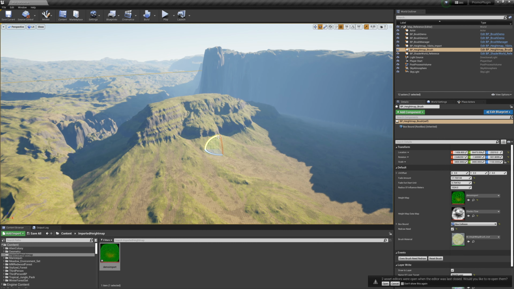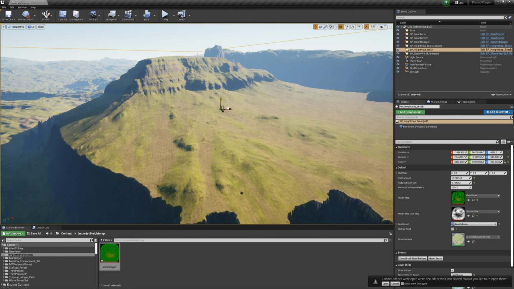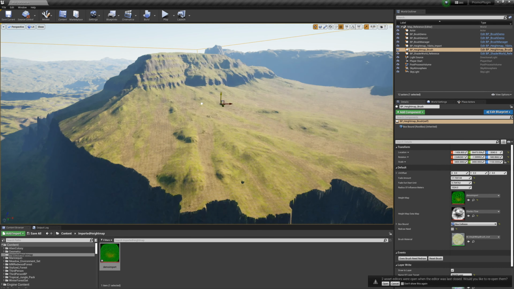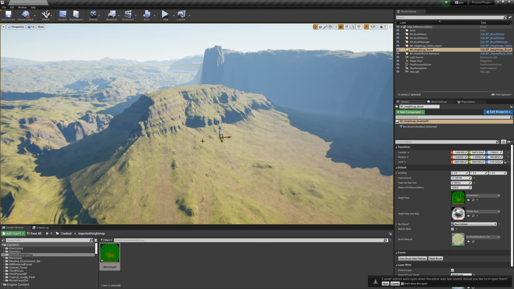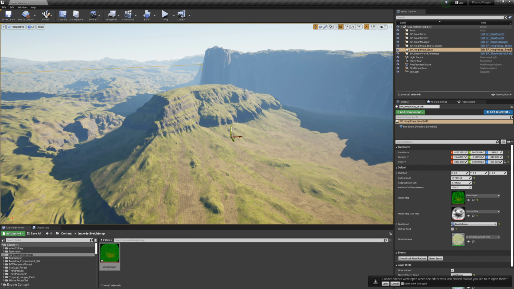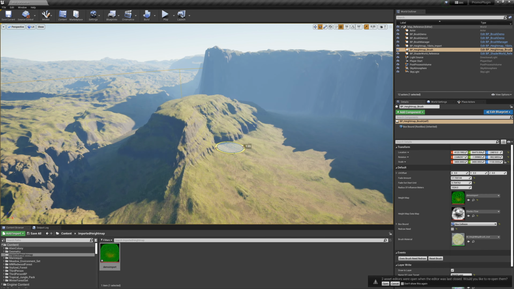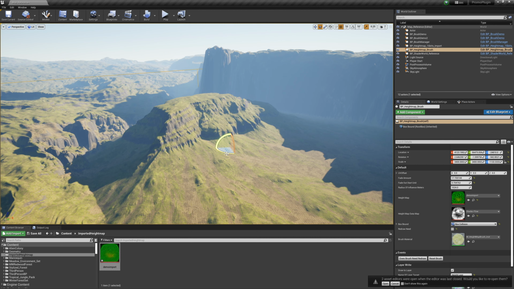As you see, it's mostly done in Blueprint. The only thing that I'm sending automatically with any brush system is the location of the brush. The location of the brush is always done in C++, so you can see it's extremely smooth. The only reason you might see some stuttering while I'm rotating is that there is a